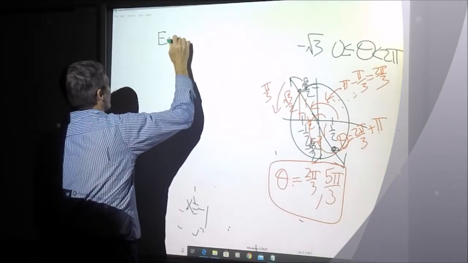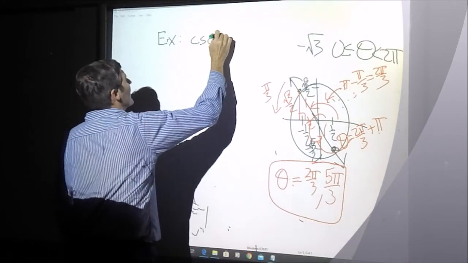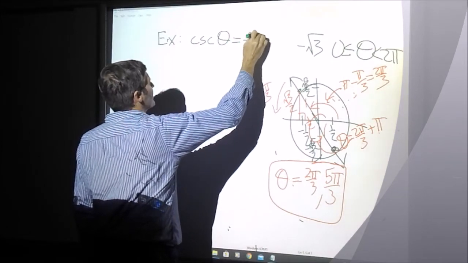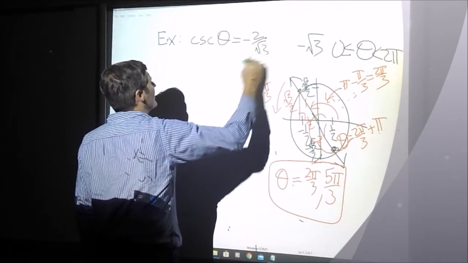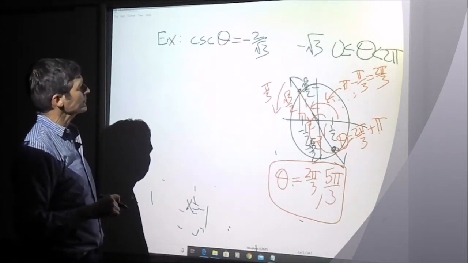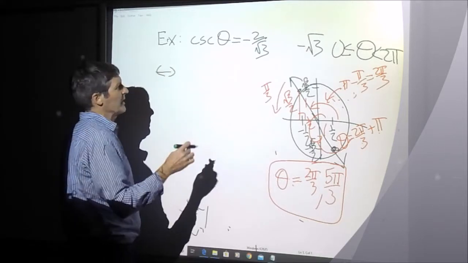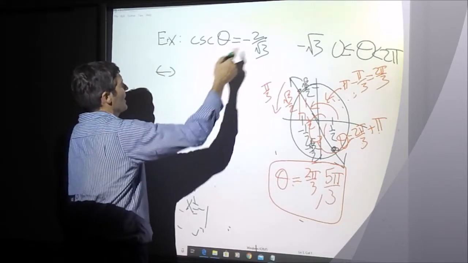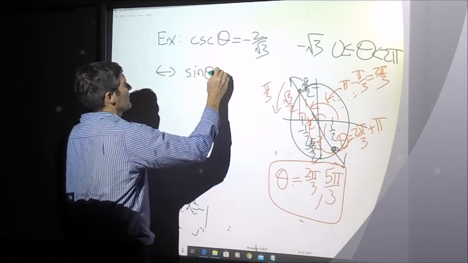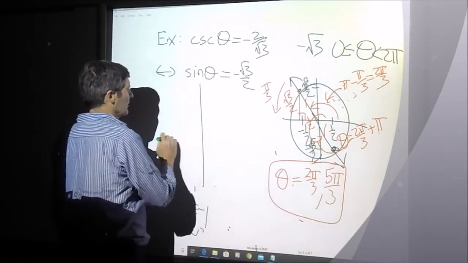Suppose I had one of the other three trig functions like cosecant theta equals minus 2 over the square root of 3. How are we going to solve that one? Rewrite it as sine. So the other three trig functions, you take their reciprocals. This says that 1 over sine is this number. Consequently, taking the reciprocal of each side, I have sine on the left equals minus square root of 3 over 2 on the right. So I go to the unit circle,